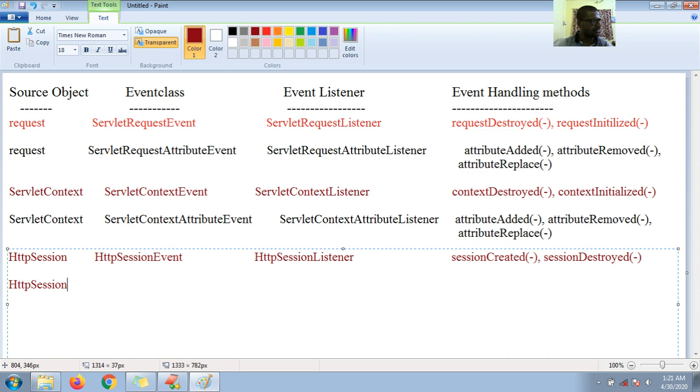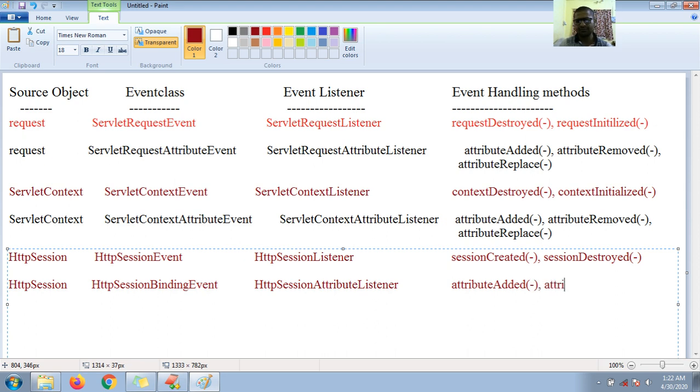So again HttpSession, then its appropriate event class name, that is HttpSessionBindingEvent. Then HttpSessionAttributeListener, and its methods are attributeAdded, which takes one parameter.